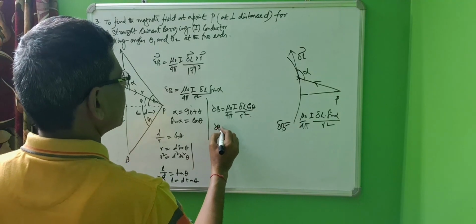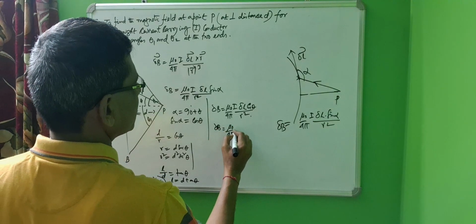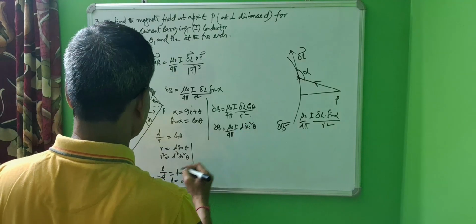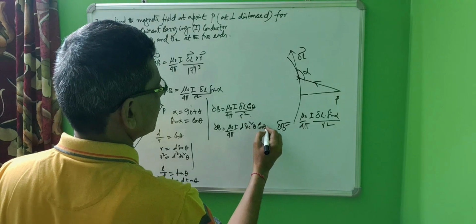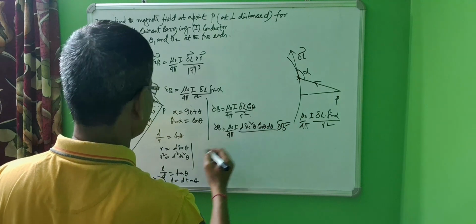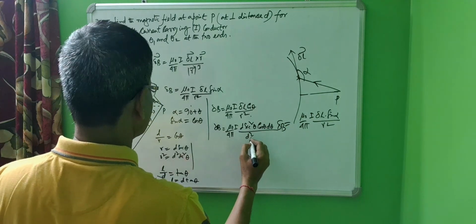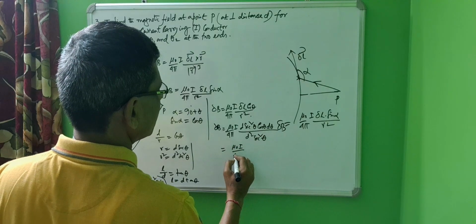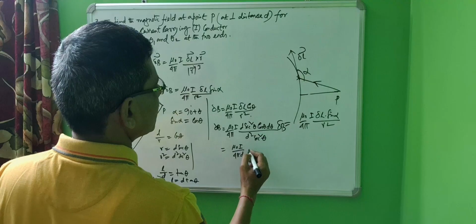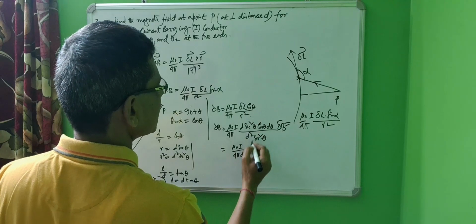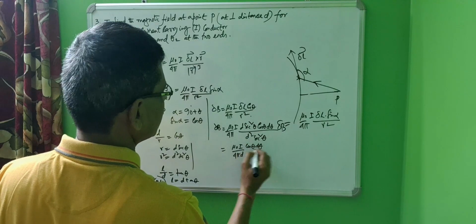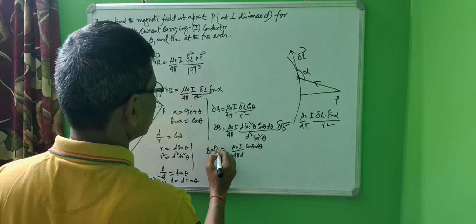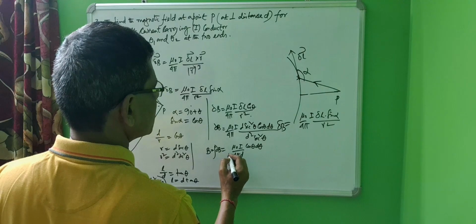So we get delta B equals mu 0 upon 4 pi I delta L, which is d sec square theta, here is cos theta d theta, this divided by r square, meaning d square sec square theta. So mu 0 I upon 4 pi d cos theta d theta. So B equals integral of delta B equals